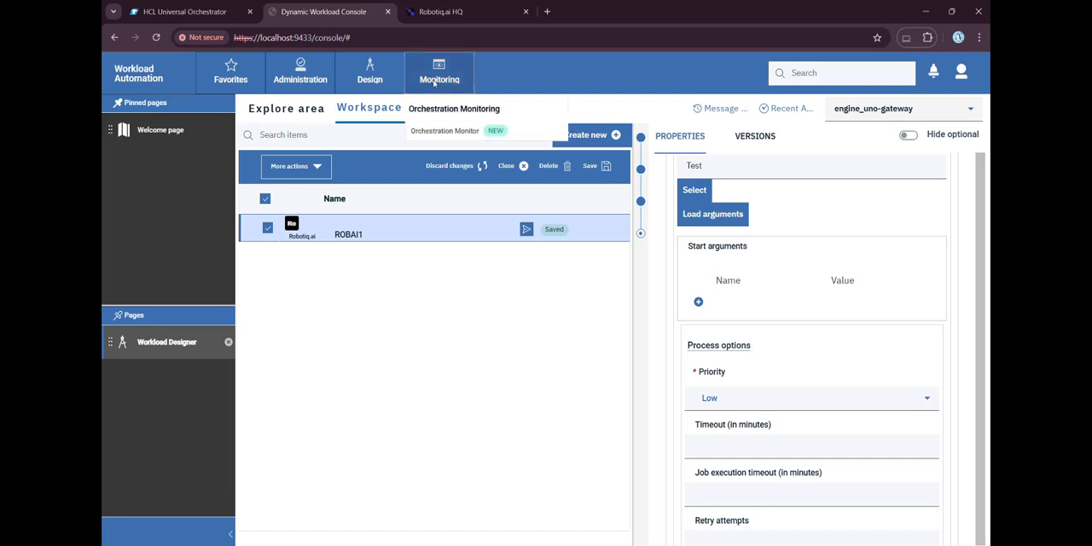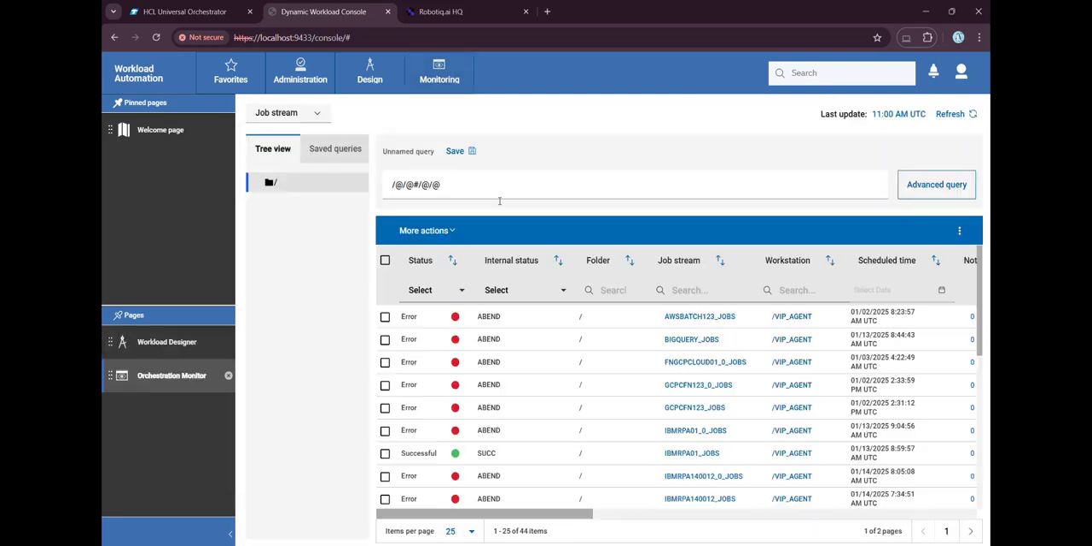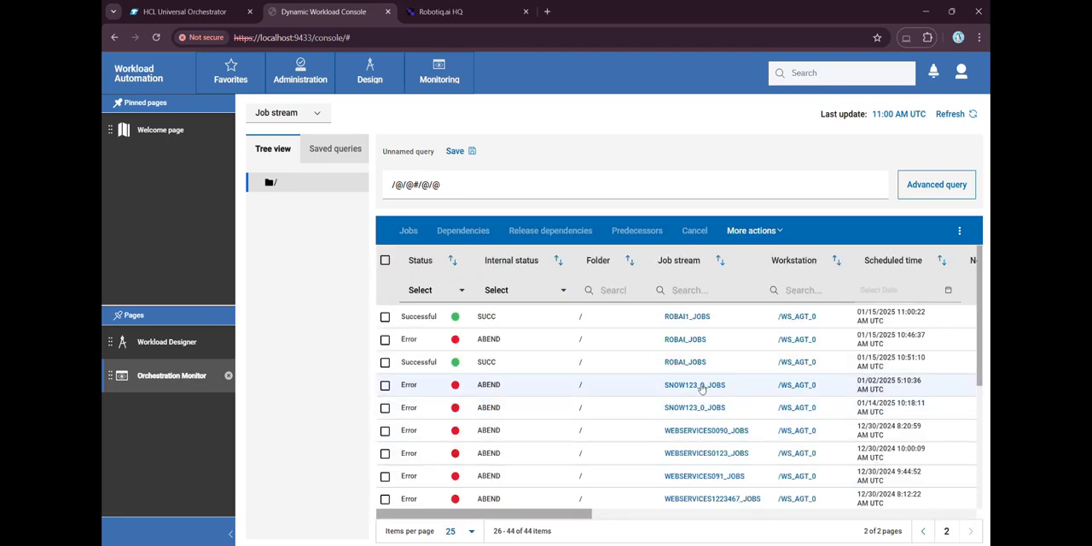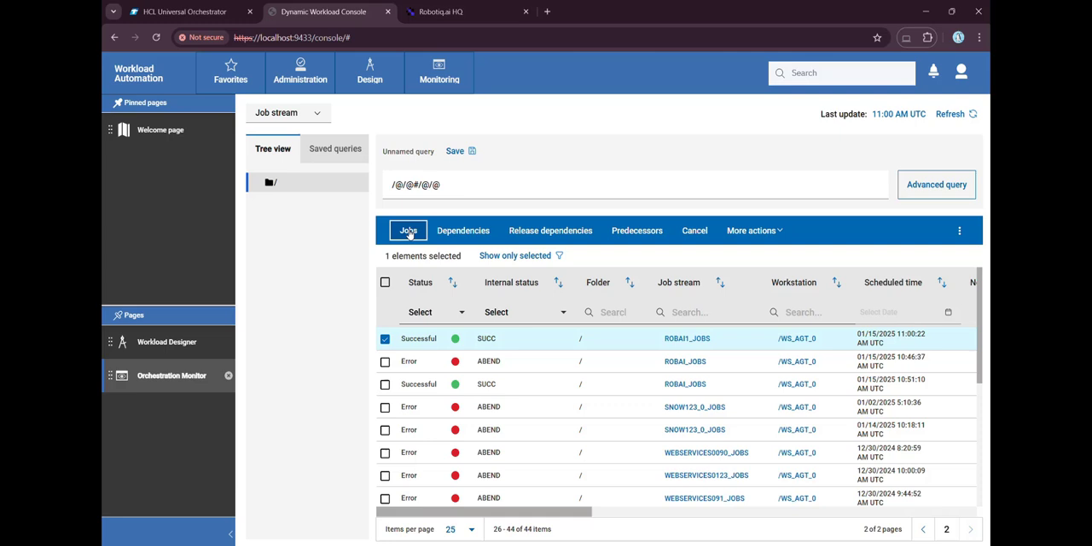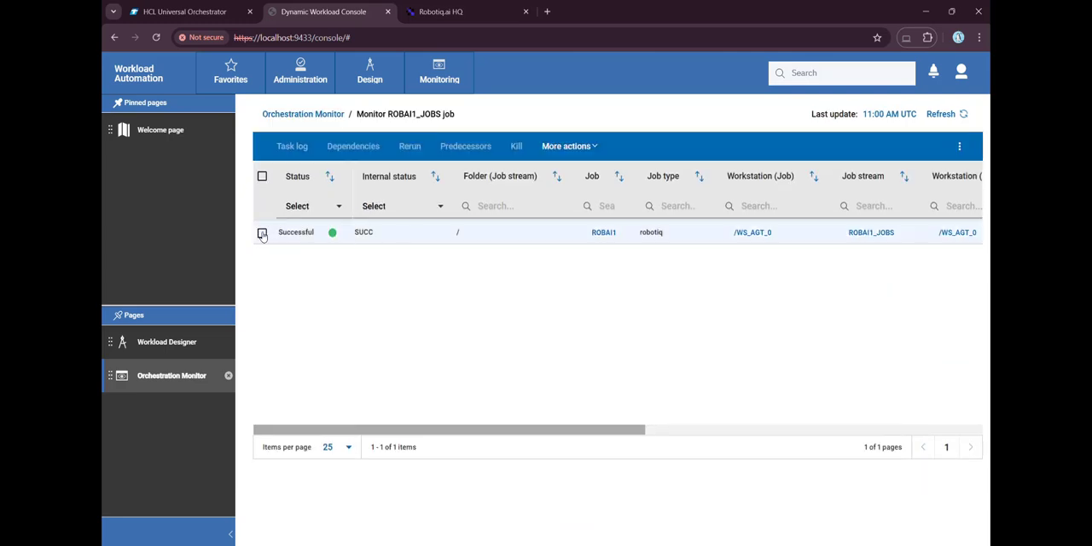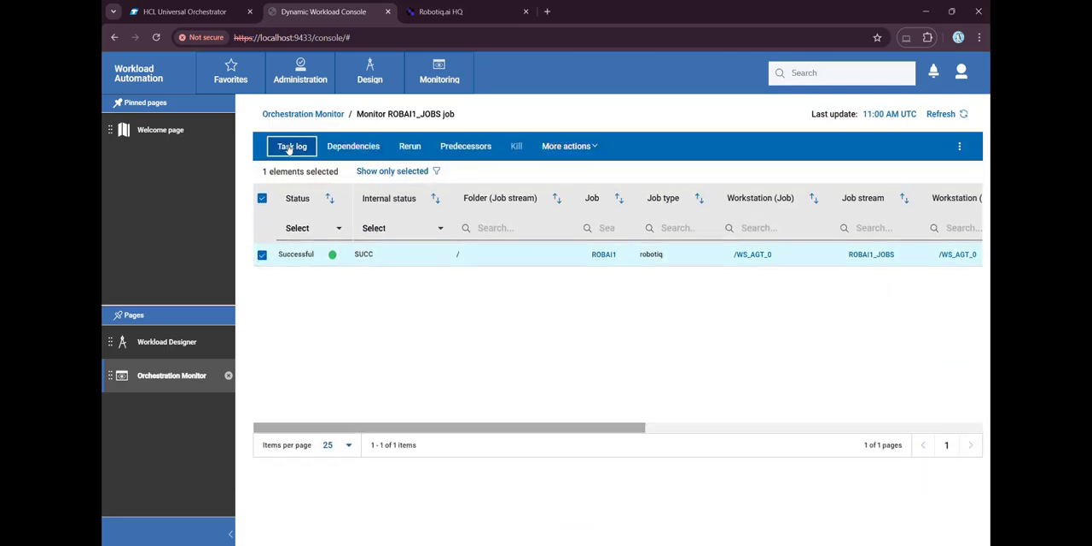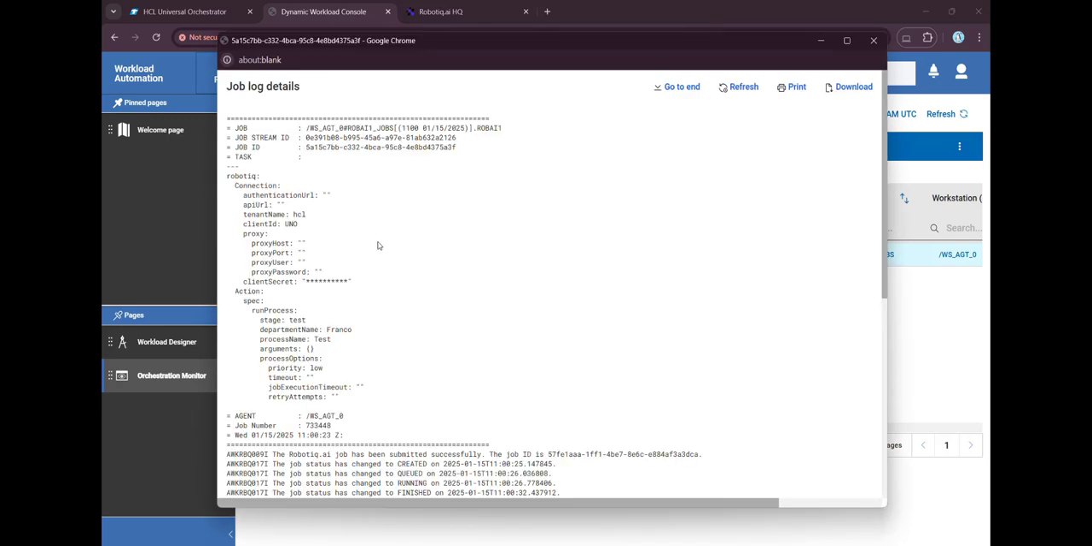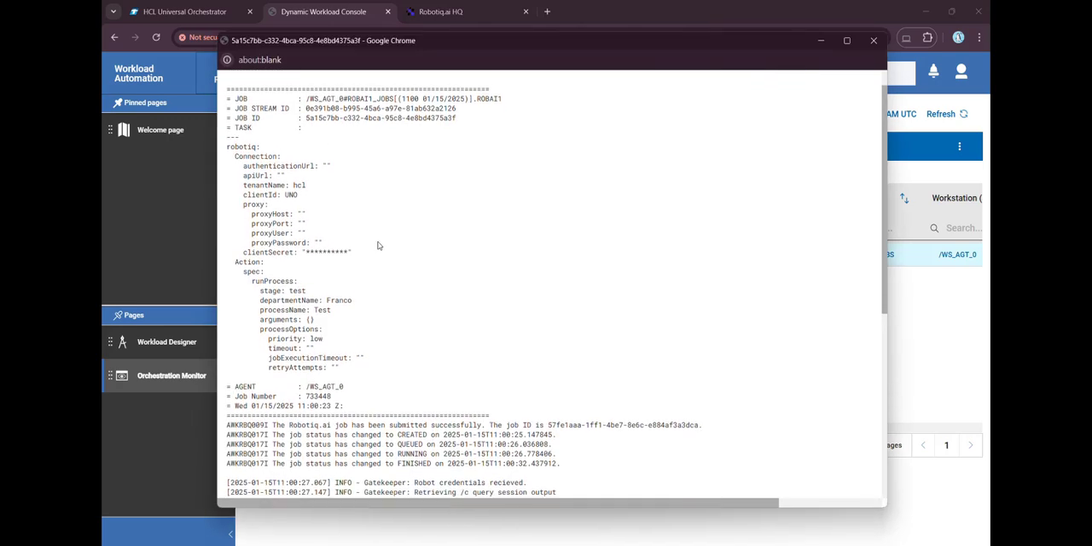We can proceed to the monitoring page by clicking on monitoring and orchestrator monitor. Here is the job which we submitted, and it is in successful state. We can select it and proceed to see the job definition. When we click on the task log, we will be able to see the job log now